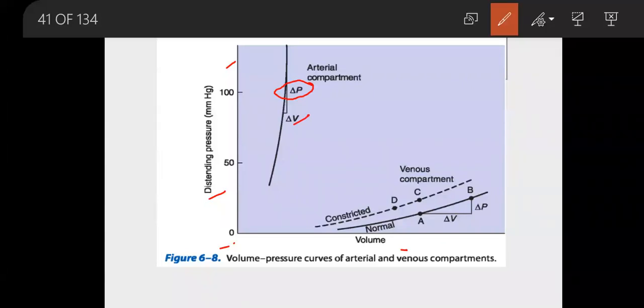Massive change in the pressure will slightly affect the change in the volume because the arteries are less compliant than the veins. So when we are saying this structure is very compliant, we mean that when you distend the structure,